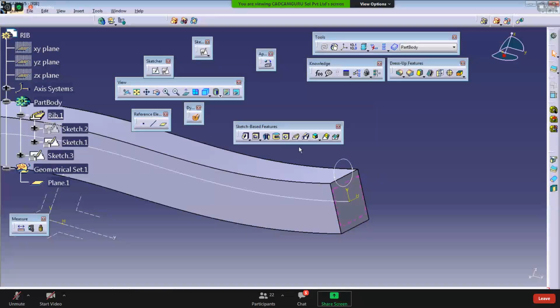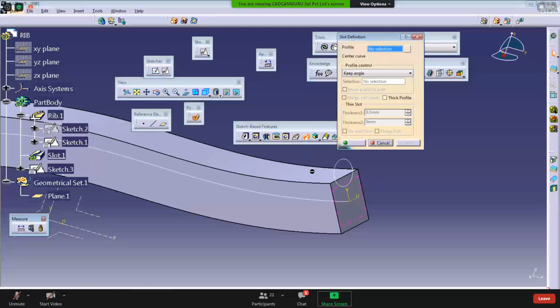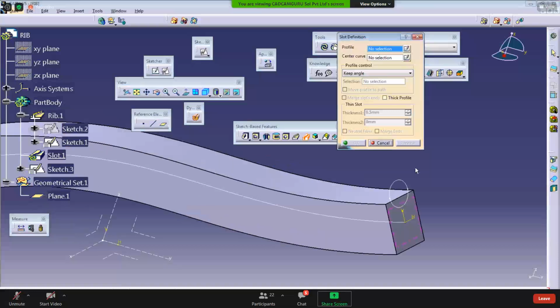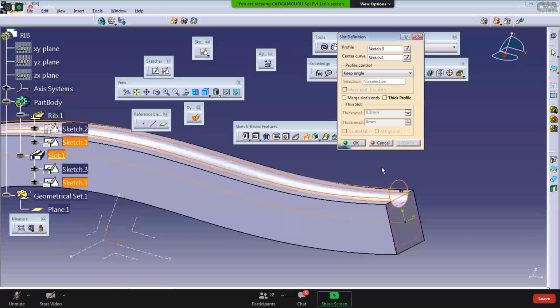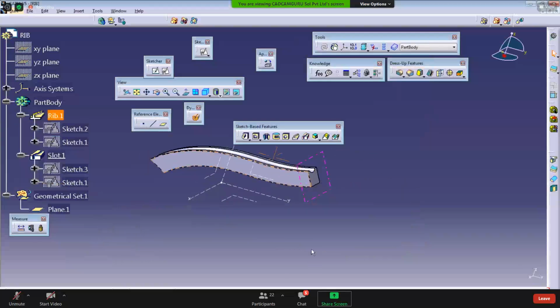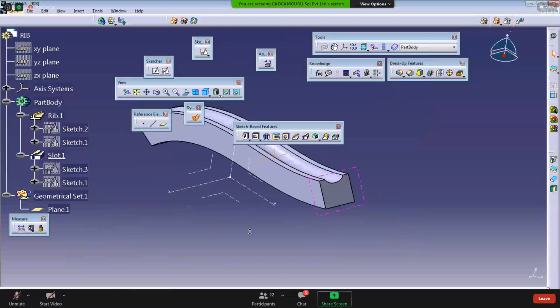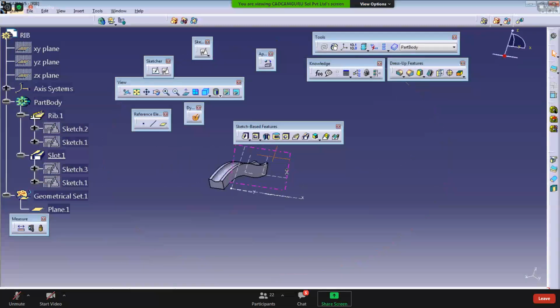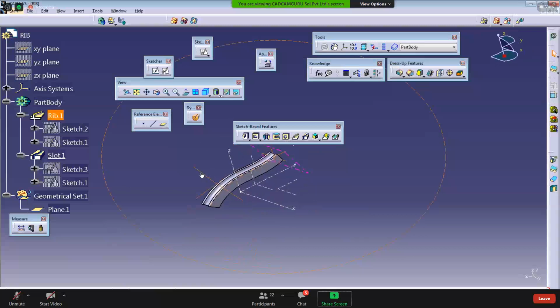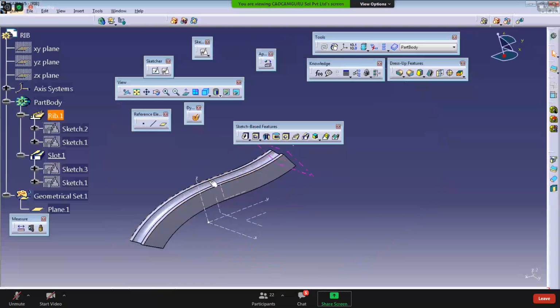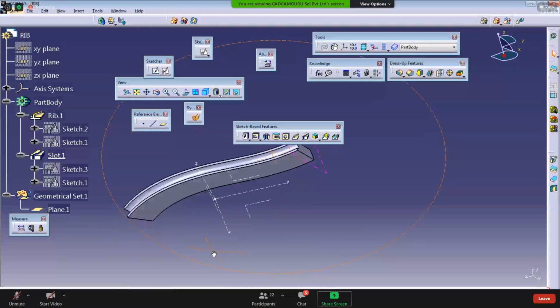Okay, now I'm using this slot option. I'm not creating a center curve separately because we already created the center curve for the first rib. I'm selecting profile number 1 and the center curve here, and see this preview. Click OK. The slot is created.